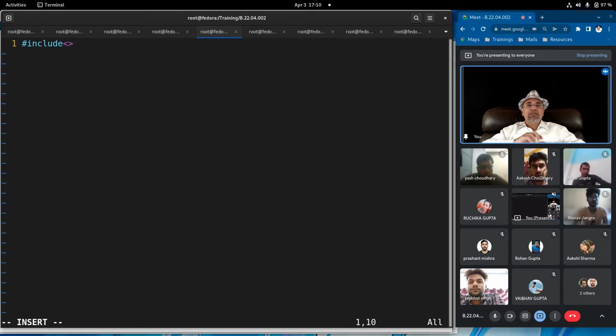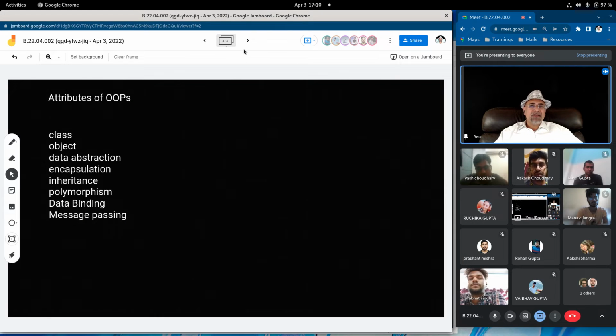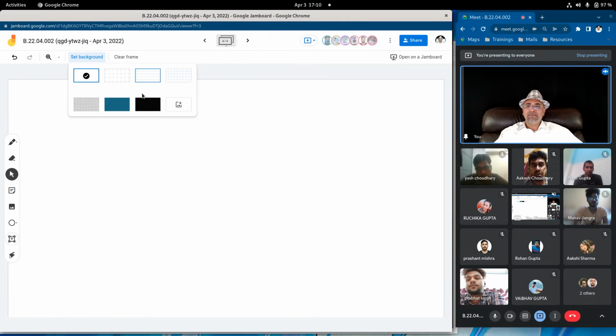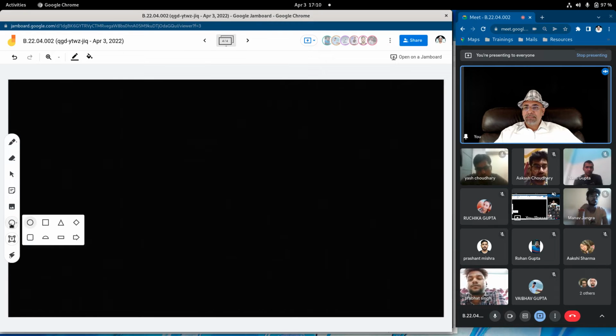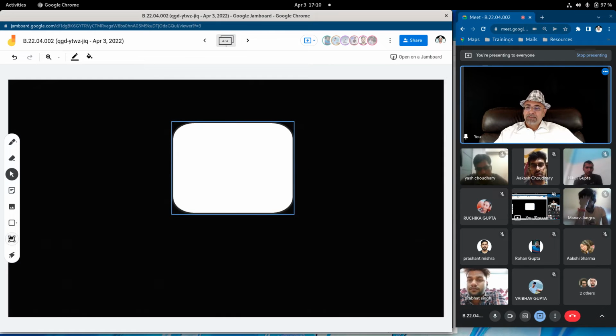In C++, everything is a class. There is a class called IOStream. Now IOStream is a class which is declared in some file. In C or any other language, you know that there is something called a file, which looks something like this.